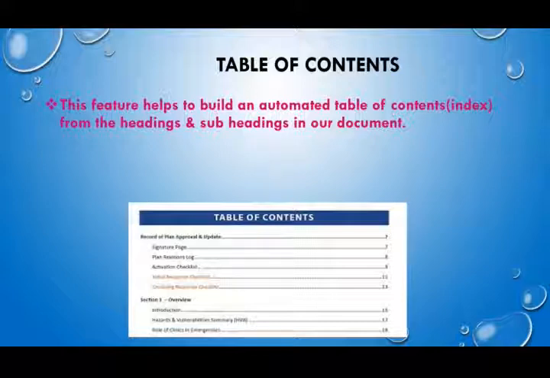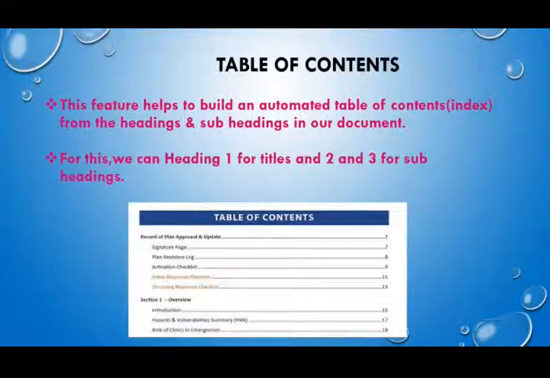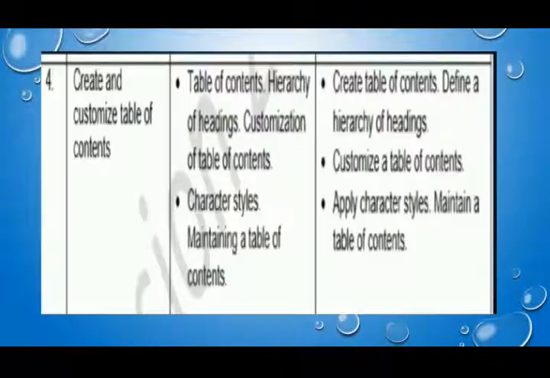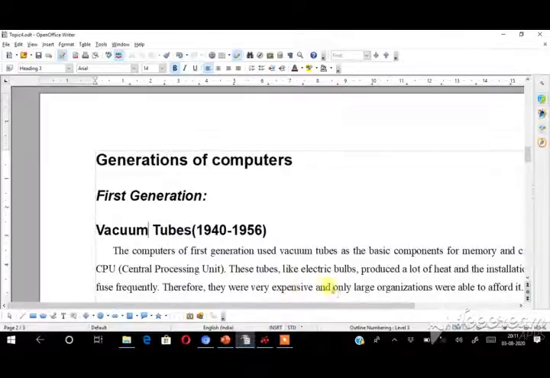For example, in our notebook, based on the chapter you are preparing, you write an index on the first page. You write the first column serial number, next topic and page number, and then prepare a column for teacher signature. In the same way, today we are going to create a table of contents in a document. For this, we use heading 1 for titles and heading 2 and 3 for subheadings. These are the topics which we will cover today, theory as well as practical. Let us see how to create the table of contents.